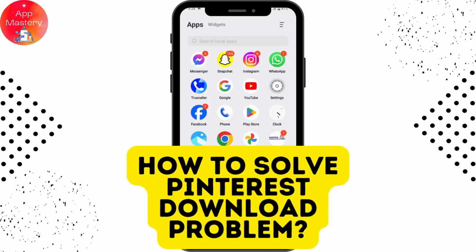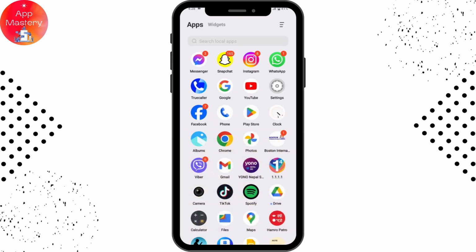How to solve Pinterest download problem. So if you're facing a problem with download on Pinterest, then first what you can do is you can open